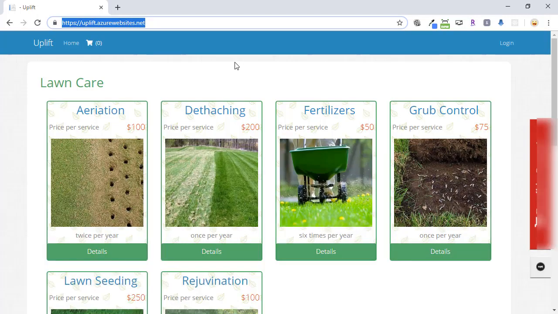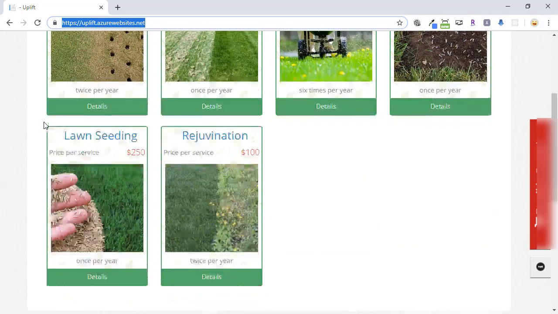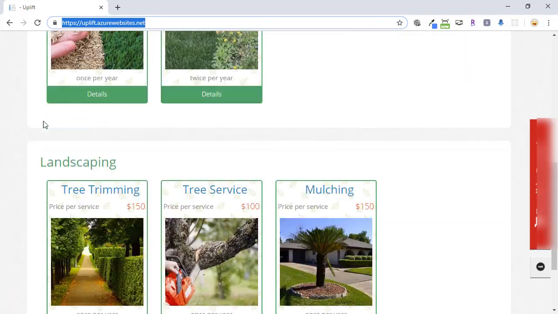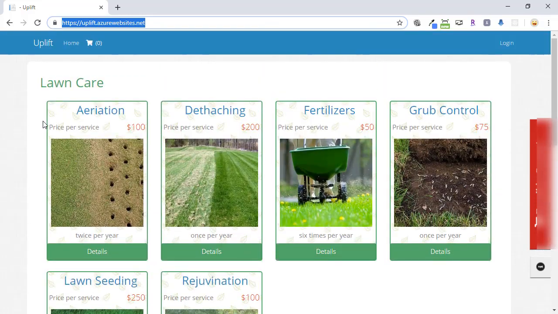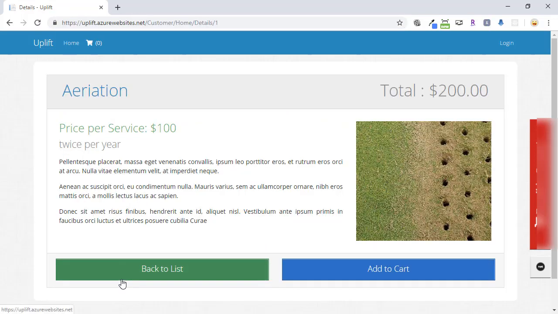In this video, let me walk you through the final project that we'll be building and all the functionalities. So right here on the home page, we have multiple services which the user can select. For each of the services, we can go to their details and we have a nice description